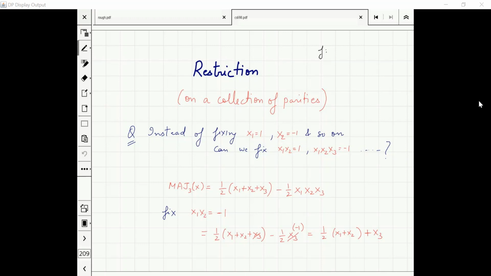If my function was this, it had n variables. If I change it such that x3 equal to 1 and x4 equal to minus 1, I can think of it as that I have now n minus 2 variables, or a more general way is to think that my new subspace, new input space is 0, 1 to the power.